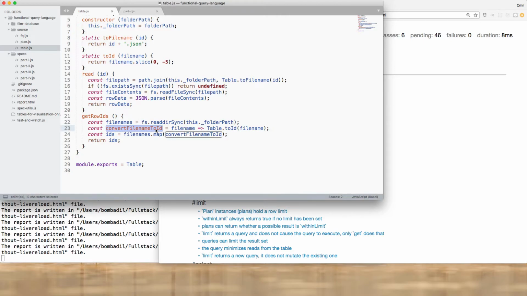Now, if we look at this convertFileNameToID function, it takes one argument, file name. It calls table.toID on that argument. Well, if you'll notice, we already have a function that does that. If we look at the static toID method, it takes one argument, file name. It returns that file name converted into an ID. So we could also equally just say equals table.toID without invoking it, as in converting a file name to ID is the same as just the table.toID function, and this would work. And because of that, we also don't even need this constant. We could just say